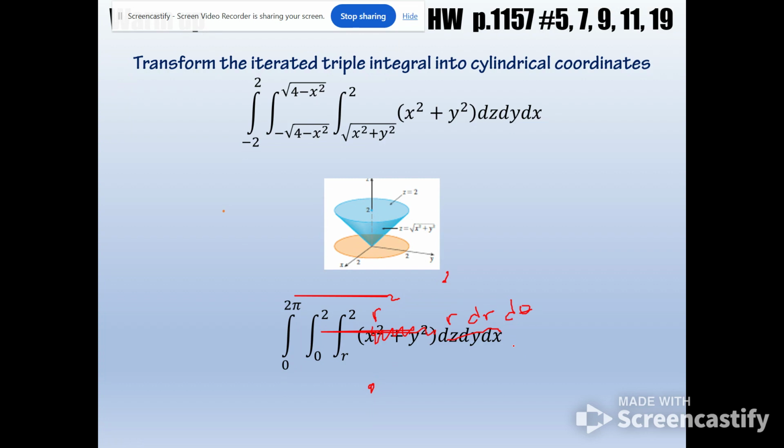Right? So there, just some review of cylindrical. So yes, with triple integrals, you might have to do dy dx dz, or some combination of those, or spherical or